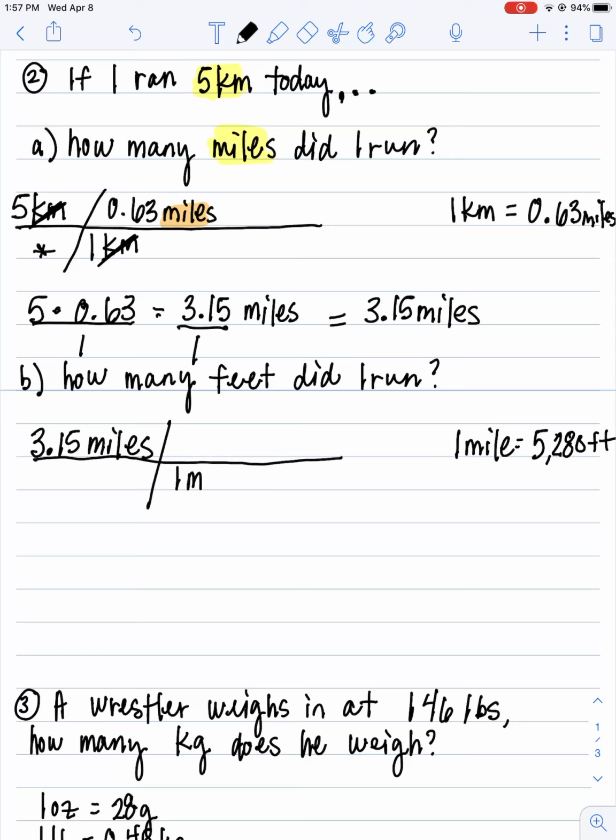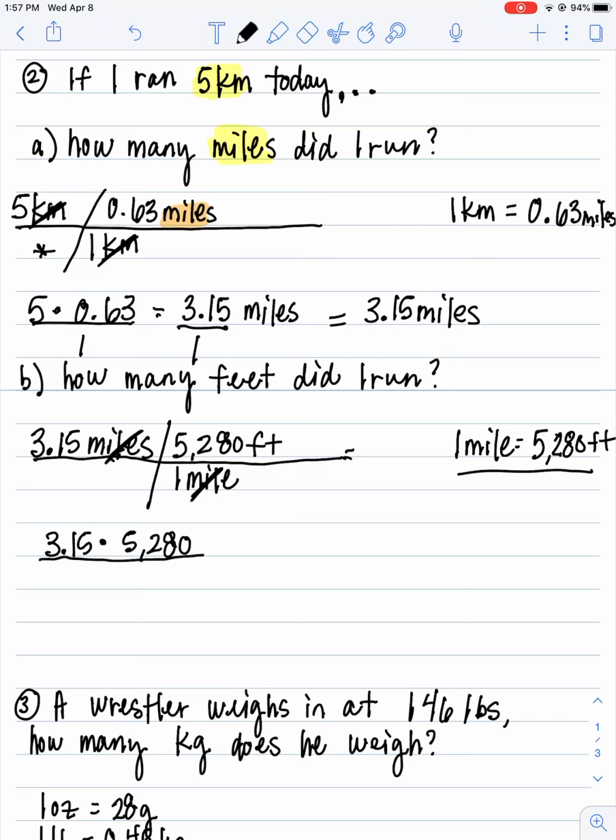So if I set up my t-table, I'm going to put 1 mile in the denominator. Again, if I put 1 mile in the denominator, mile and mile will cancel eventually. And then 1 mile over here is equivalent to 5,280 feet. So I'm going to put 5,280 feet up here. And mile is going to cancel with mile, exactly like we thought. And so I'm simply going to multiply the numerator,